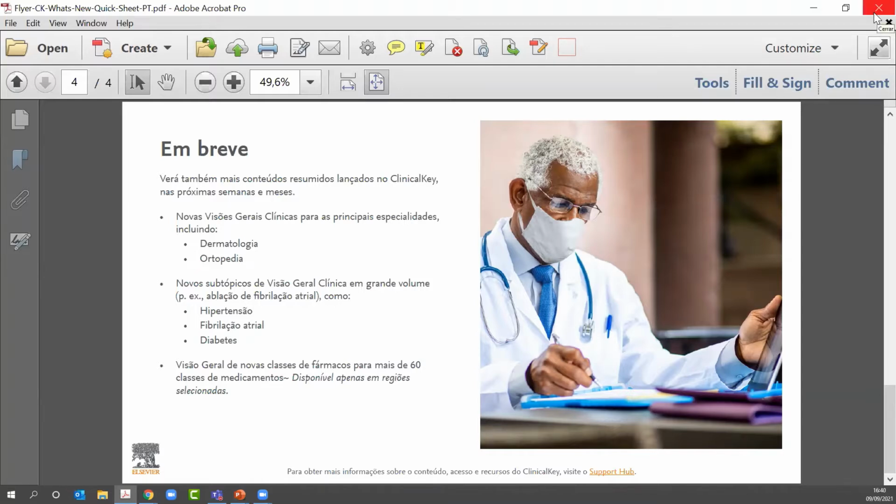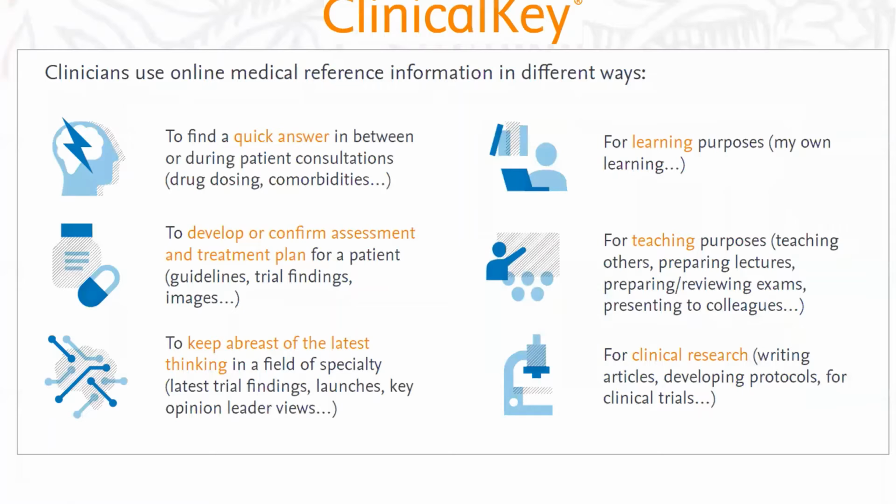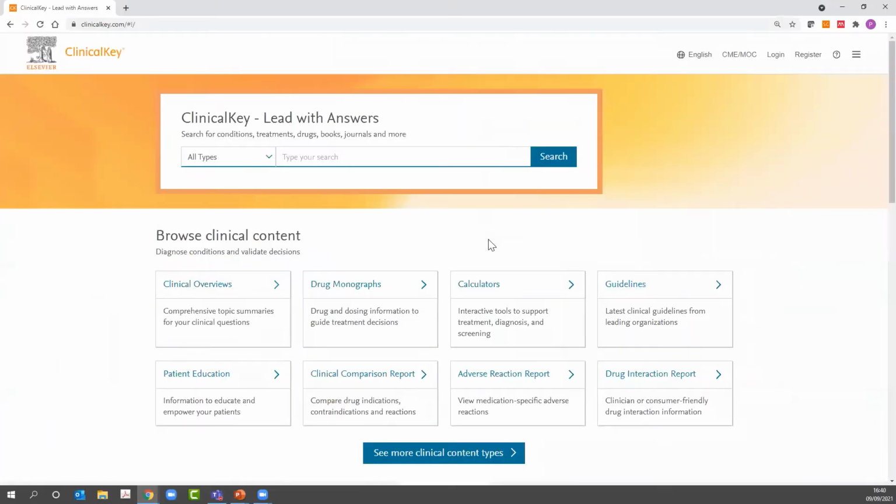So with all this information, we are going right now to ClinicalKey, and we are going to see how to enter into ClinicalKey and navigate and how to use it. As you can see, when you are going in your institution the first time that you log to ClinicalKey, you need to be in the IP ranges of your institution. So in this case, it will be in the same hospital, or if you are due to VPN or another kind of access, what you are going to see,